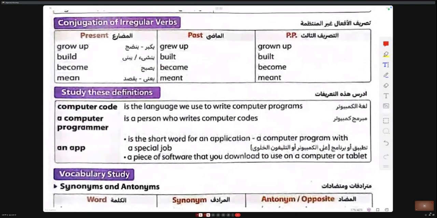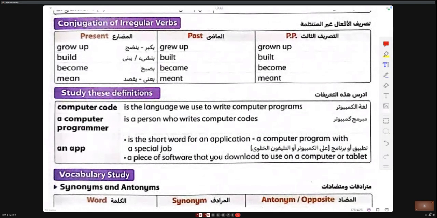Conjugation of irregular verbs. Grow up, grew, grown, build, spelled, became, become, meant. Okay.